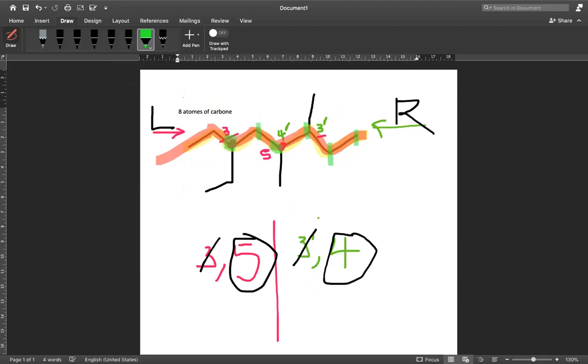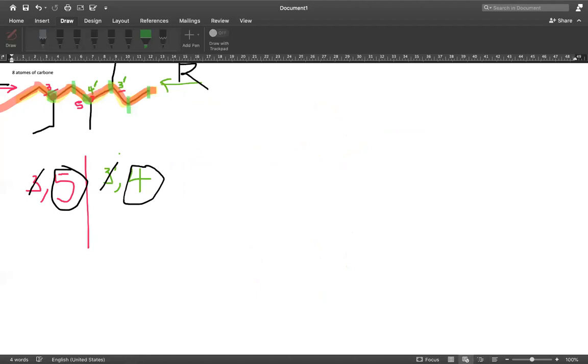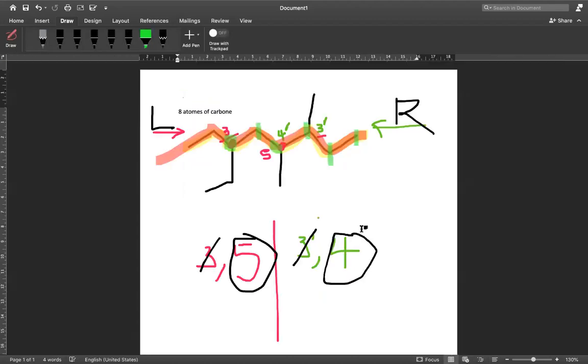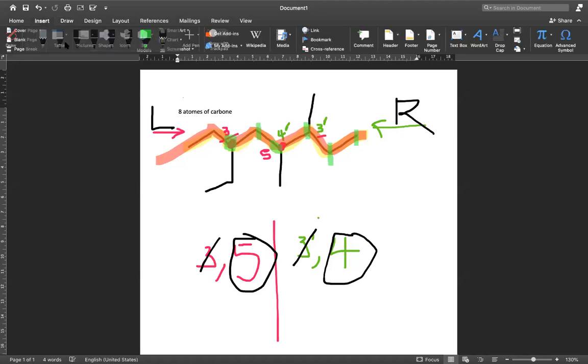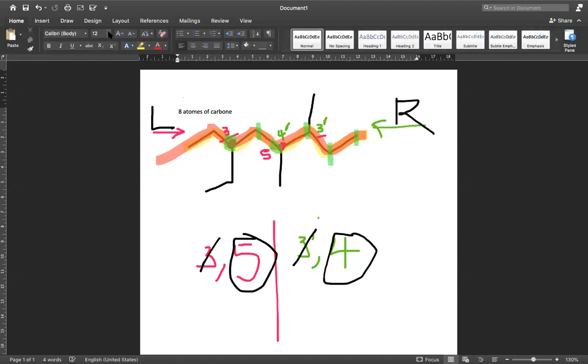So the name of the compound would be at position, then not forgetting rule number what? Let's hope you guys are following these rules, right? Rule number, which one is it? Rule number 4, which states we are supposed to also consider their order in the alphabet. Now, before going to the order, we are supposed to also look at rule number 5 that states if you have 2 identical substituents,